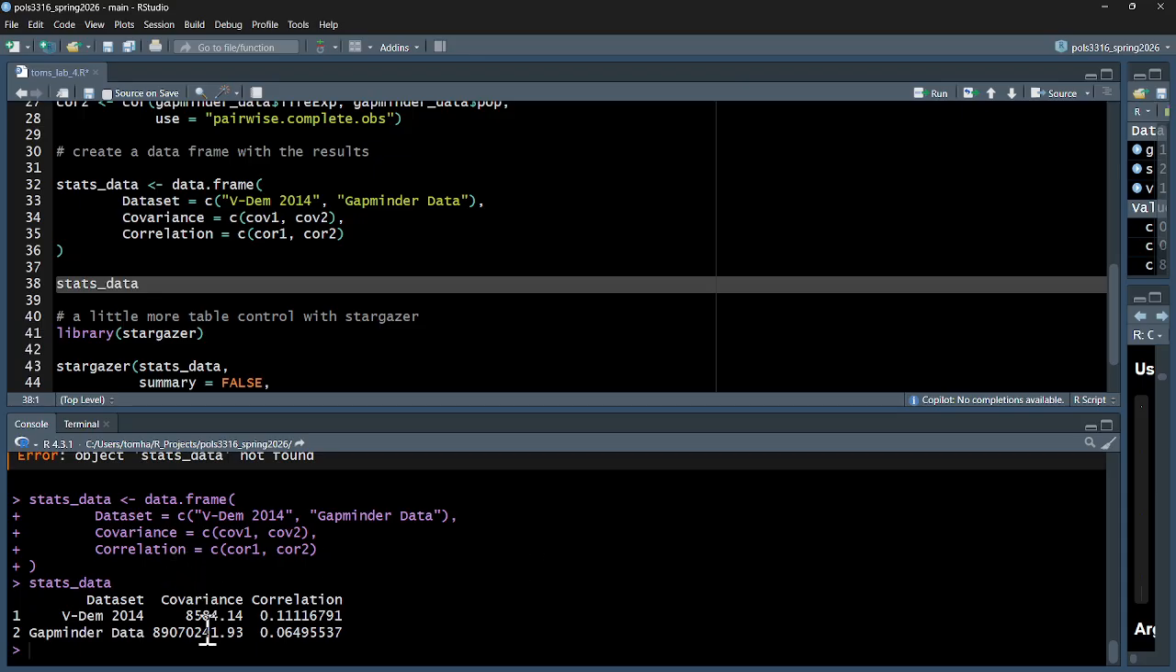So if you compare these two and you think, oh wow, it's a much stronger relationship. But then when you go look at the correlation, which tells us strength, the correlation for VDEM is almost twice the correlation of the Gapminder stuff. So the Gapminder, even though it is a decent correlation,